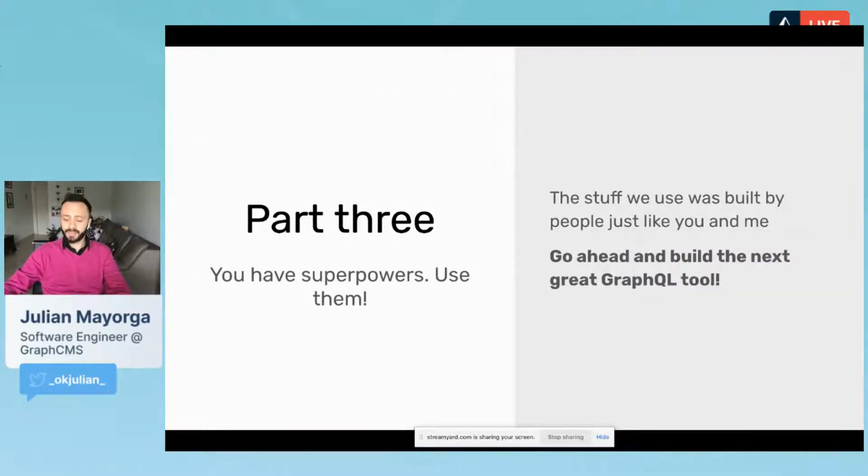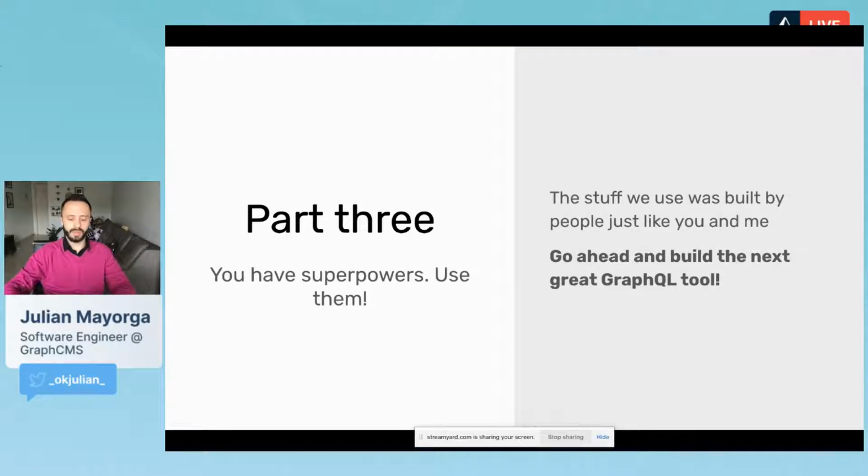So I'm going to get to the third part of this talk, which is really to encourage you to create these kinds of tools. Don't just be a consumer of them. It's great to be a consumer of these tools. I am a consumer of these tools. They make our lives easier. The development experience that GraphQL enables is just out of this world.